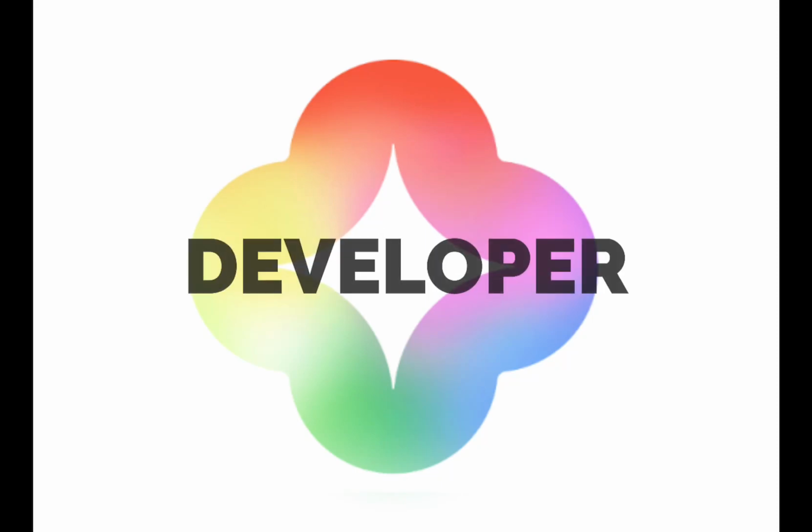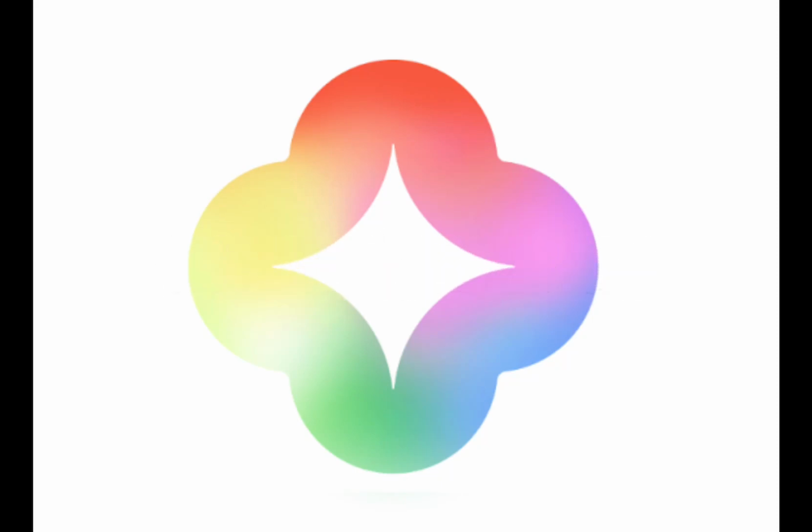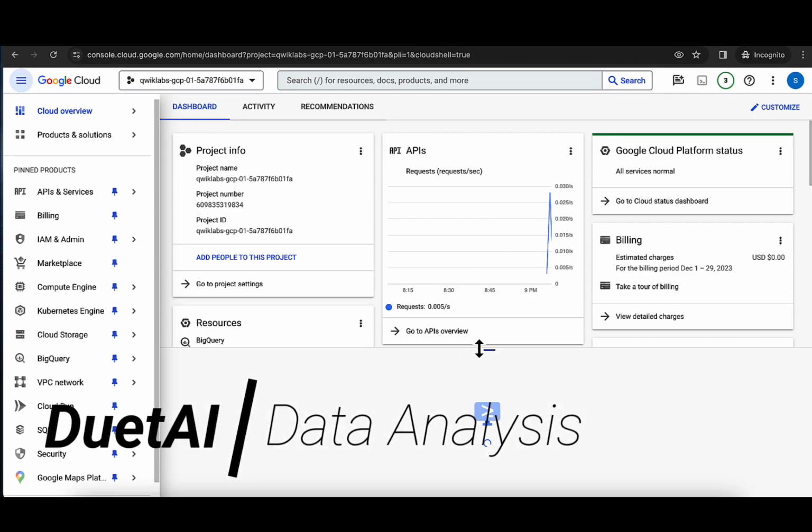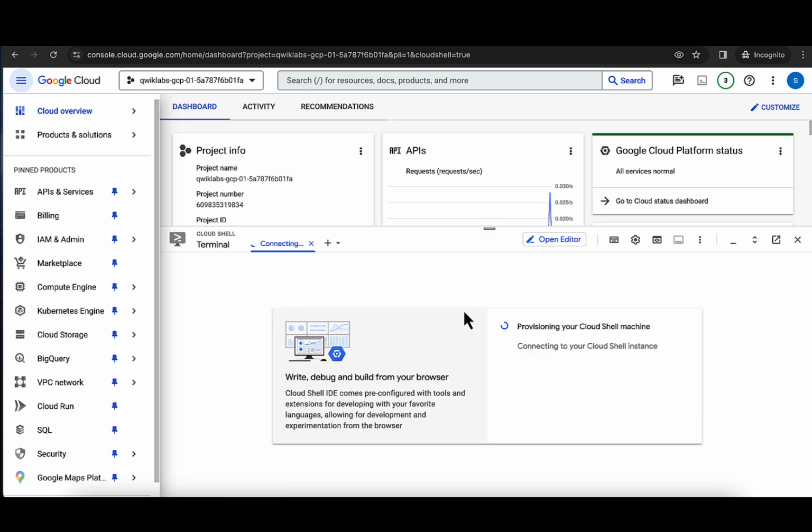Hello and welcome to this video where we discuss the Duet AI Playbook for data analysts and how Duet AI can help assist data analysts. So first of all, we start off with